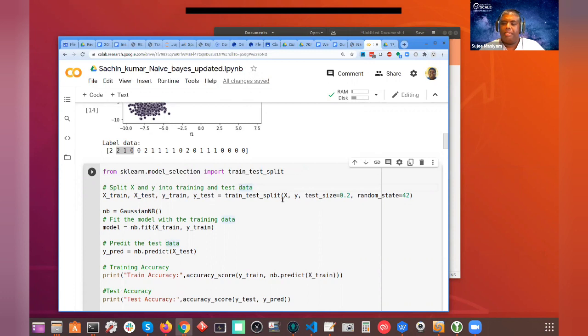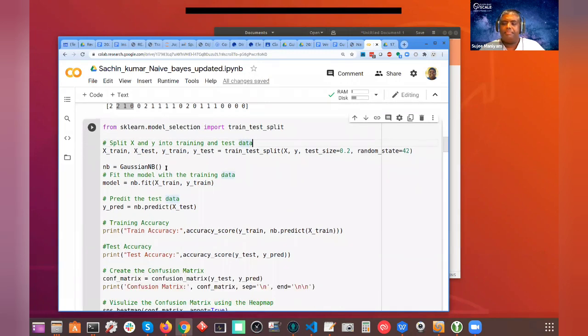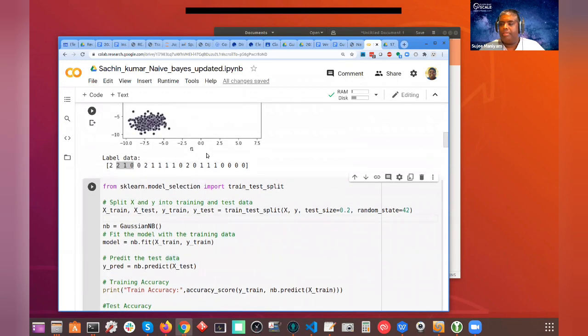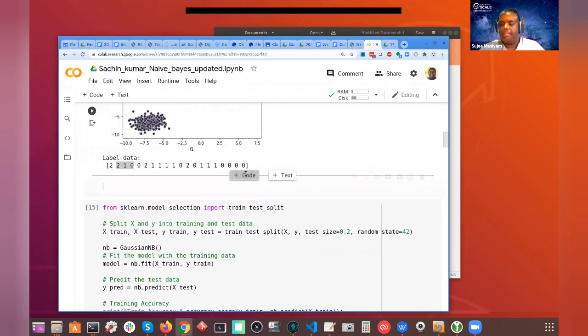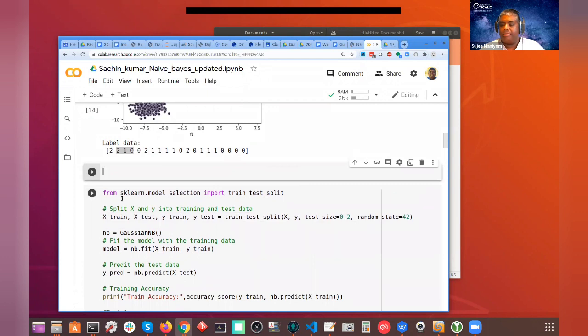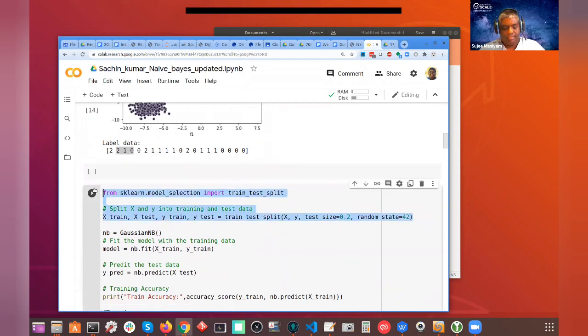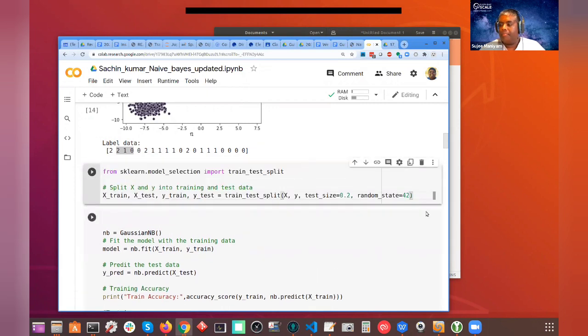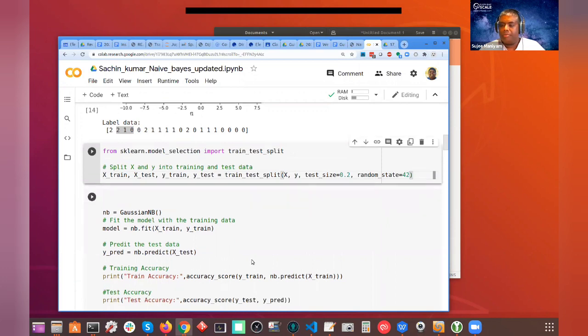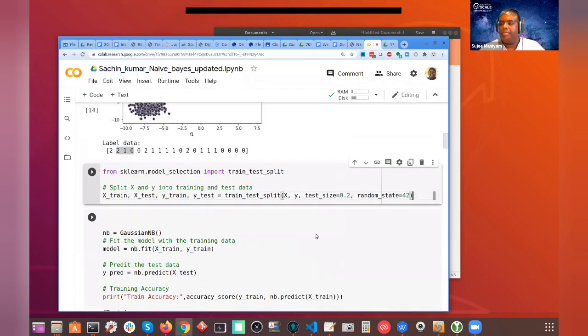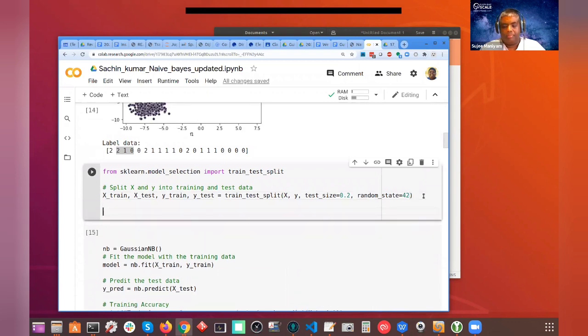All right, guys, so we do a train test split. You know the drill by now. And then here is my Gaussian. Let me do one more thing real quick. When you do train test, one thing you may want to do is a quick printout if you like.